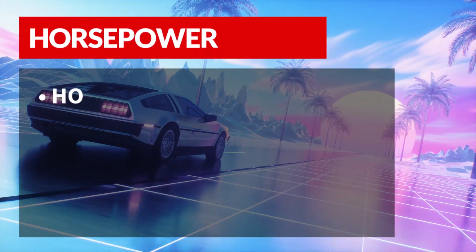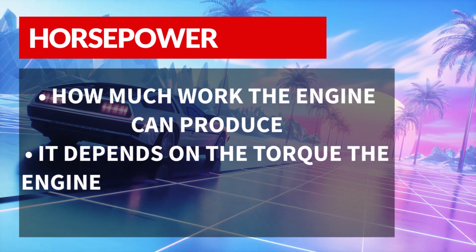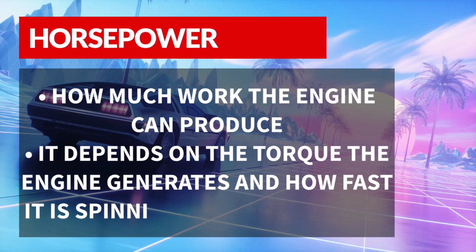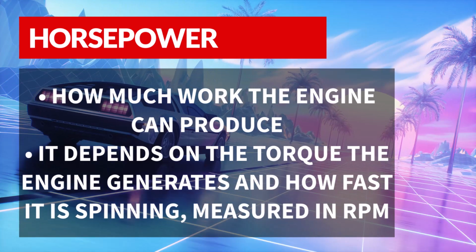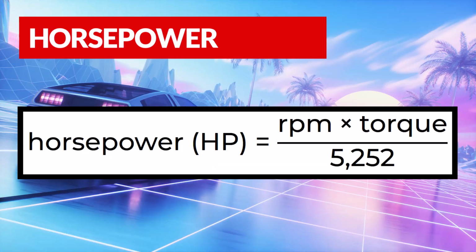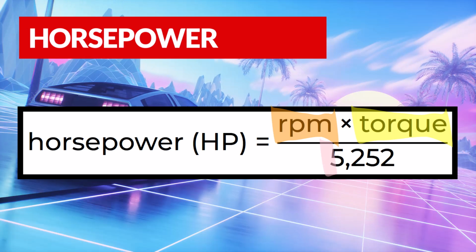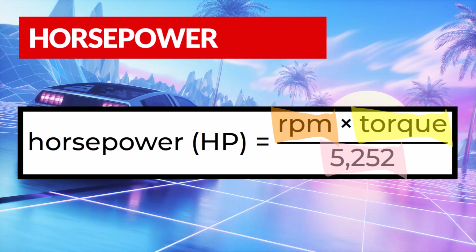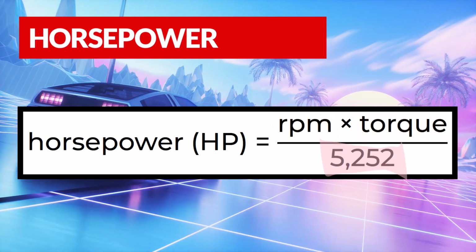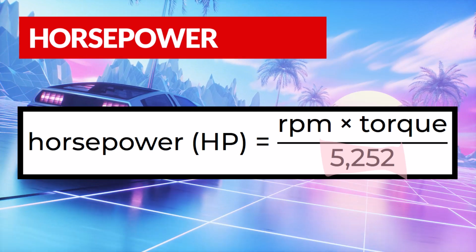Horsepower tells us how much work the engine can produce over time. It depends on the torque the engine generates and how fast it is spinning, measured in revolutions per minute, or RPM. The relationship is given in the formula shown on your screen. We take RPM, multiply it by torque, whose units are pound-foot, and divide that by 5,252. The number 5,252 is a constant that comes from converting units so that torque and RPM can be used to